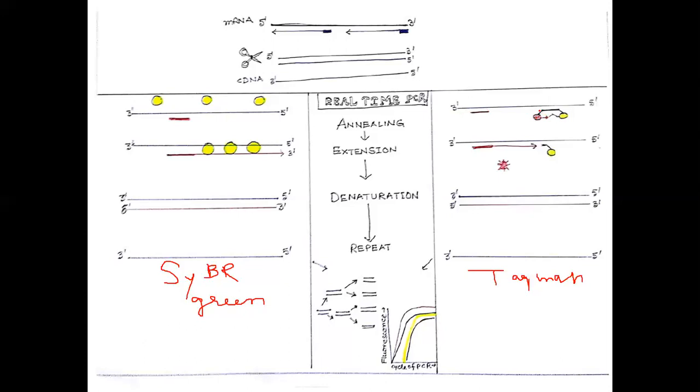Okay, so suppose it has been heated with this fluorophore portion, then what will happen? This will be detached from this. As a result, the fluorophore and the quencher are not together, so this fluorophore will emit fluorescence. So the more double-stranded DNA there is, the more fluorescence there will be. This type of probe is called a TaqMan probe.